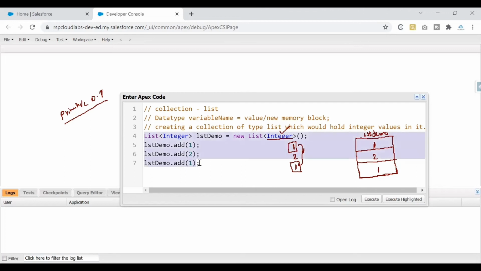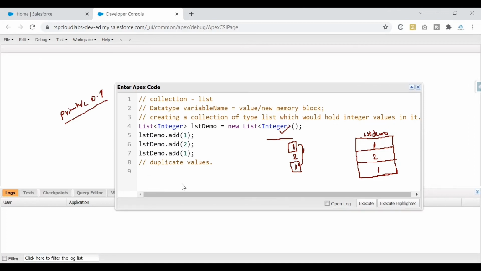As of now, we are just coding it. Once you run this code, that is where the system would start executing these lines. Now, what we discussed during our list as a collection topic is that list would allow duplicate values. How can I prove that this list would allow duplicate values? If I had the opportunity, I could directly take you to the memory block and show you how this list is designed and what values we have added into it. Since I do not have that capability, I'll take a smaller route for now.